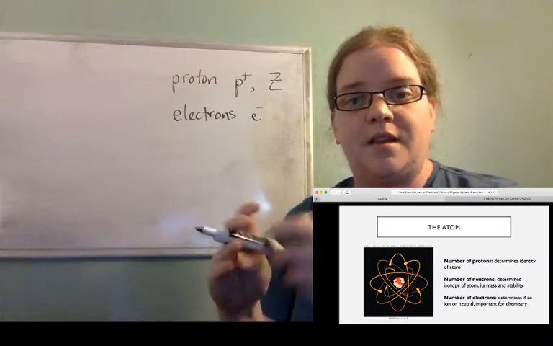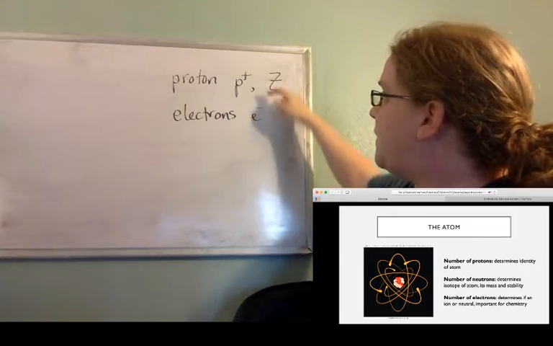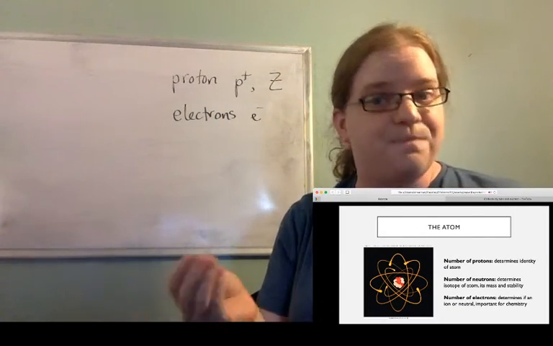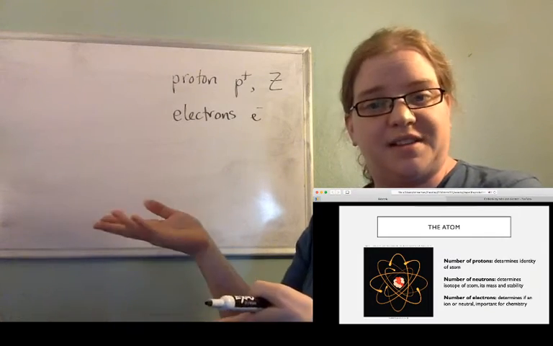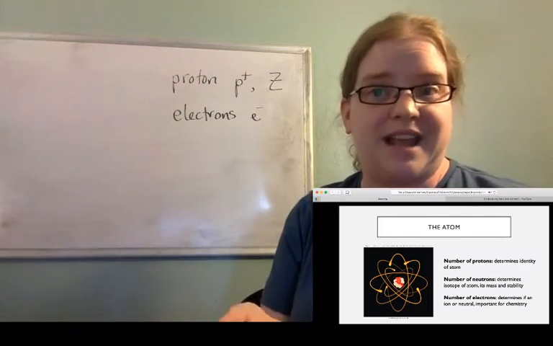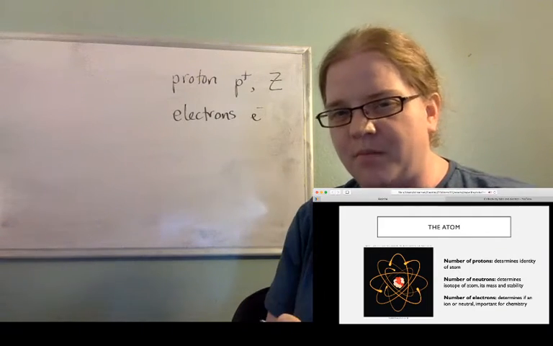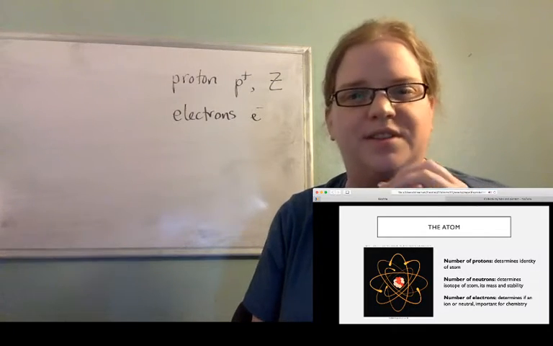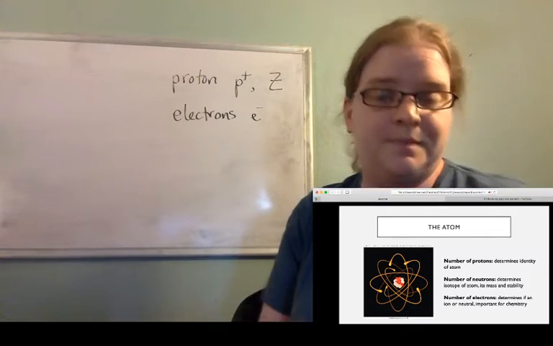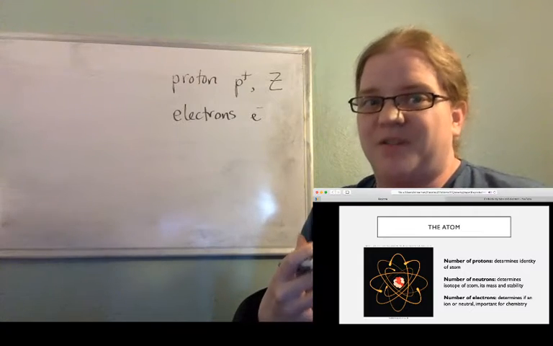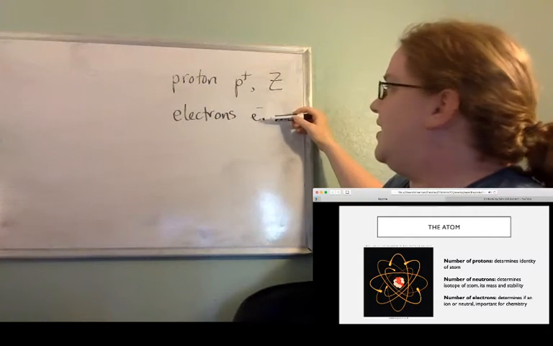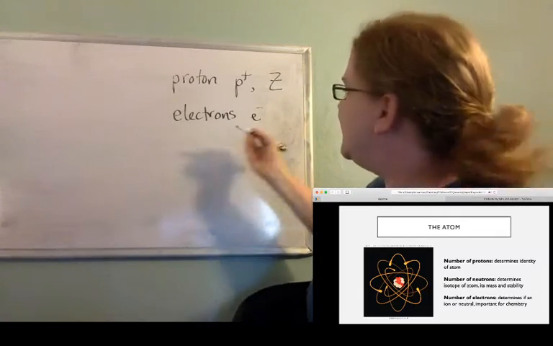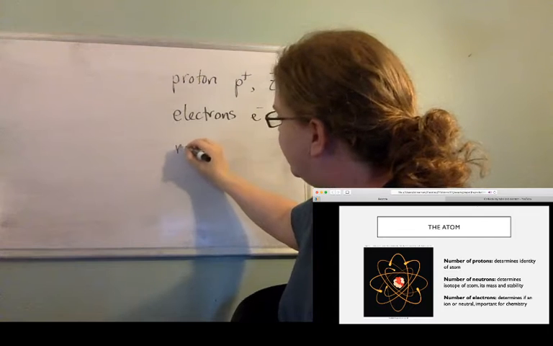If these are the same value, positive and negative, if we have the same number of each, it's electrically neutral. If we have fewer electrons, it'll be positive. If we have more electrons, it'll be negative. Electrons are very important for chemistry. Chemistry is all about what electrons are doing, what their behavior is, how they are interacting with each other. What we in physics tend to care about is how electrons interact with the protons and that kind of stuff. And then the last thing is we have neutrons,